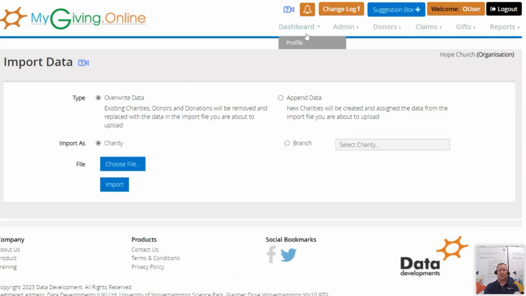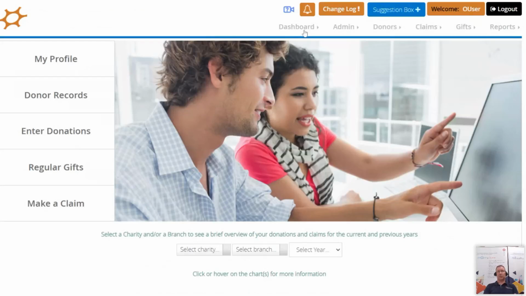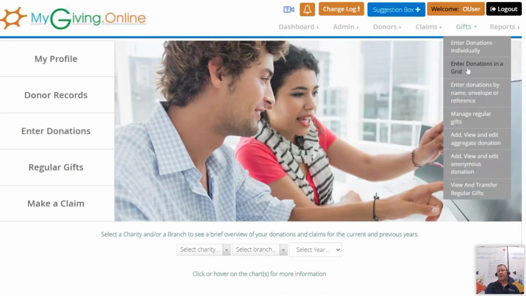But how do you enter the information? How would you enter donations? Well, I've just briefly mentioned the gifts menu. It goes through a very similar or the same process as Donations Coordinator, so I won't go through that, because apart from the screens looking similar, looking refreshed, it works in